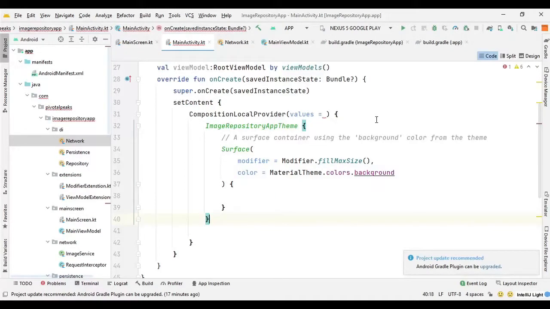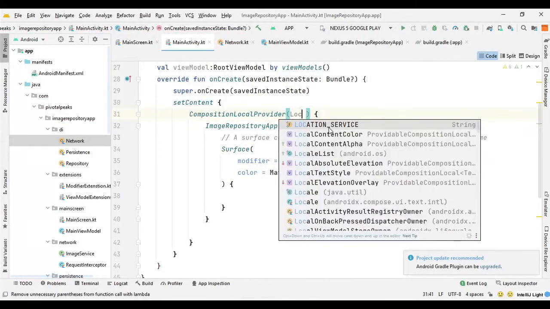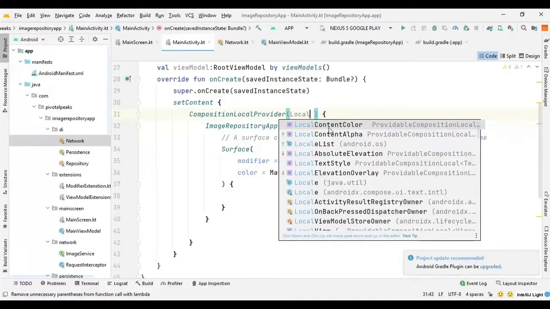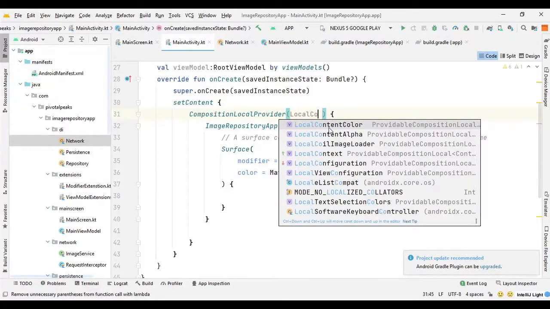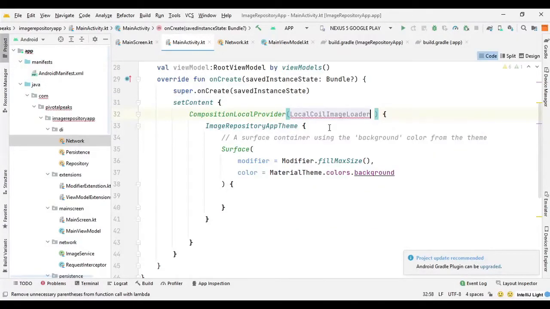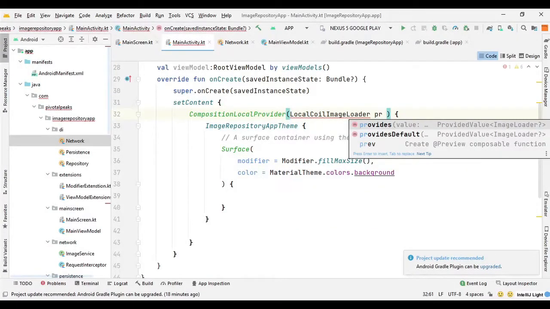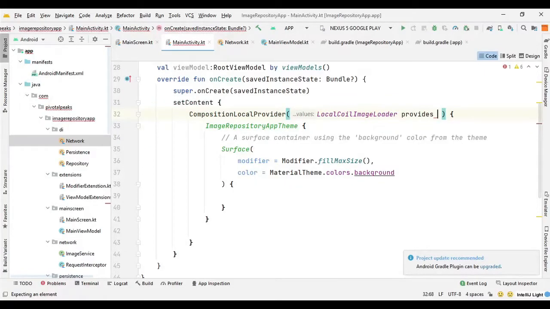So now we need to provide the Coil image loader in this composition local provider. So we can remove these values, and here we can say LocalCoilImageLoader provides, and here we will just pass our image loader.